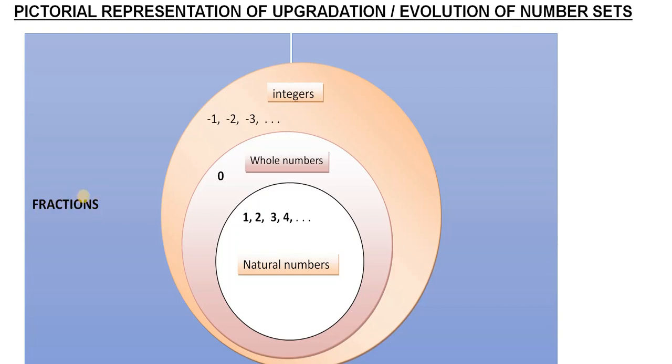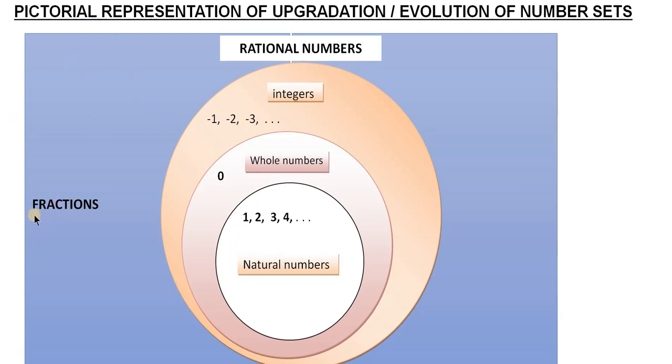So in fractions you used the form numerator divided by denominator, where the numerator is a whole number and the denominator is a whole number other than 0. Then next you extended the concept to rational numbers, just by saying it is again the same p by q form, where p and q are not whole numbers, but here you are saying p and q are integers.